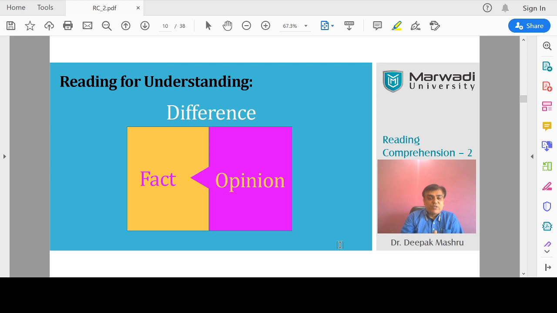So here you need to clearly understand that a fact is something which can be tested. For example, if I say that there are 25 students in the class, I can go and check it out. I can count on my fingers whether there are 25 students or not. But if I say that students enjoy my session, it can be right, it can be wrong, but it cannot be tested. Getting my point? This is a very important thing for you to understand, the difference between fact and opinion, because based on that you will get to know about questions.